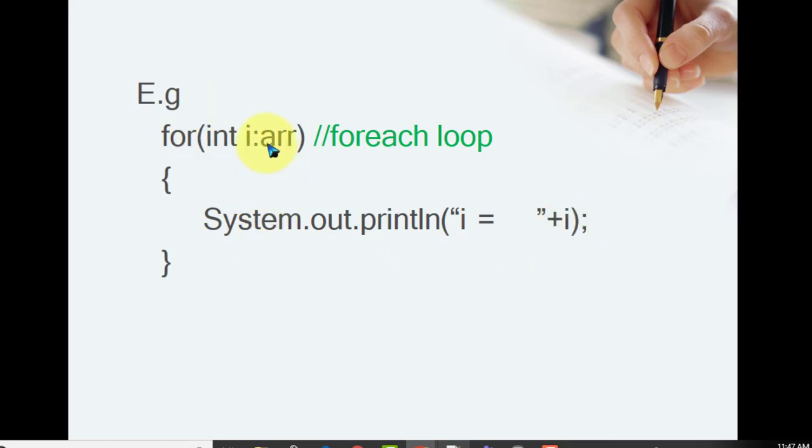So how does it iterate? The initialization and the terminating condition are internally calculated in a for each loop. No need to define them here. The programmer doesn't need to worry about defining the initialization and terminating conditions; they are automatically considered. For the first iteration, the first element of arr is stored into i, and it is printed. Then it is automatically incremented by 1, and the second element is stored into i and printed.